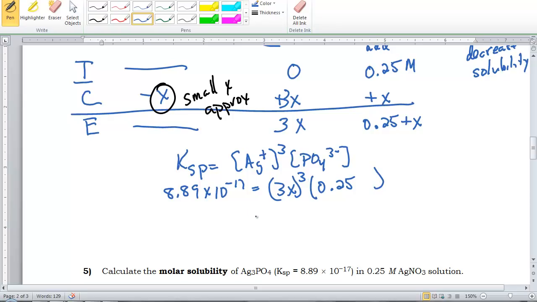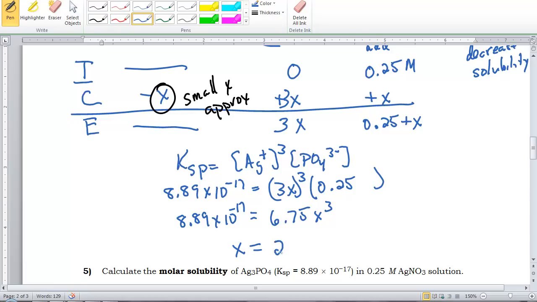So that's 6.75 x cubed is equal to 8.89 times 10 to the negative 17th. Divide by 6.75, take the cube root, and that will solve for the molar solubility. So 8.89 times 10 to the negative 17th, divide by 6.75, take the cube root, or raise to the 1/3 power,